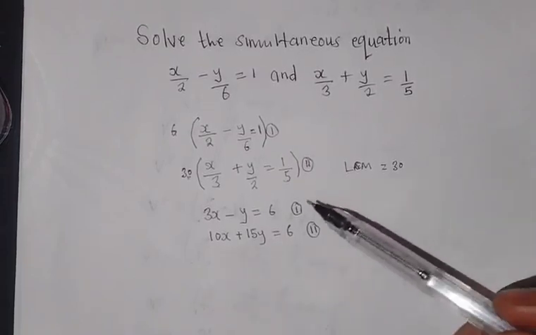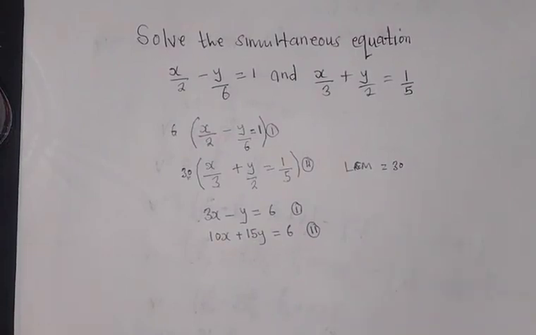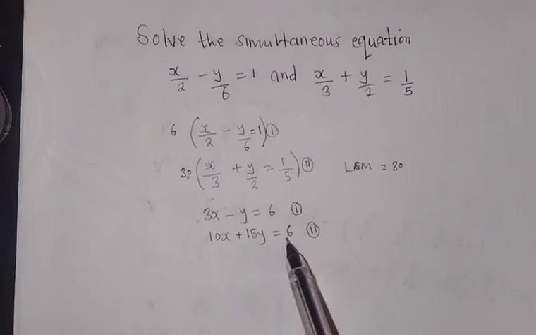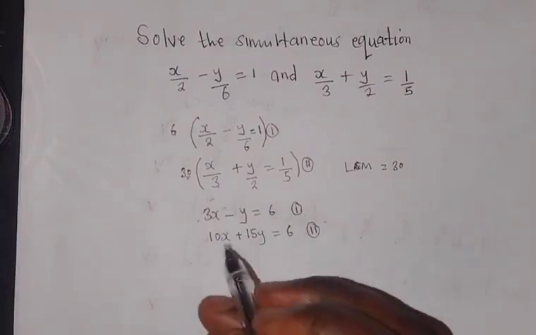So you can see that we have simplified these equations, okay, by getting rid of the fractions. So what's next here? Look at the equations that you have. Equation 1, we have 3x minus y is equal to 6. Equation 2, we have 10x plus 15y is equal to 6. So we need to look at the equation that is very simple, of which we are going to use substitution method. So here, when you look at equation 1, we have